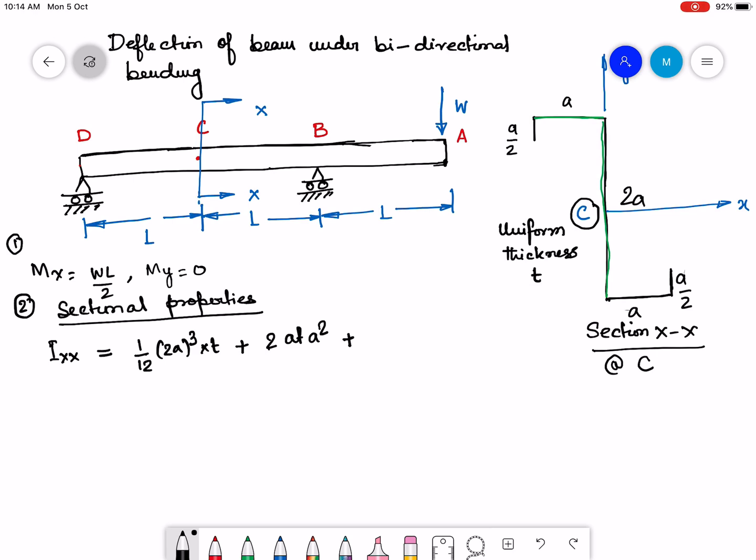Okay, so that is going to be only the value of the contribution from the top and bottom horizontal part. Now let us move into this two part. For this two I have 1 by 12 into, for both bottom and top part, 2 into a by 2 whole cube into t plus 2 into area, that is a by 2 into t, plus the distance from the central axis, which is